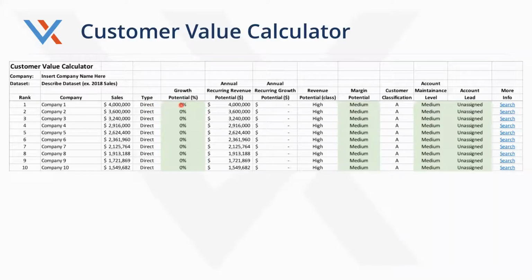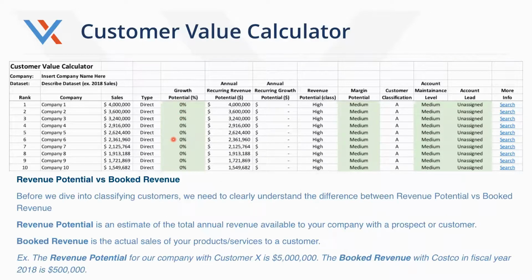And then this next column, so the columns that are in green are ones that we address. And this is one of the most important and sometimes the toughest to get after, this idea of growth potential. So a lot of companies view their customers essentially through the lens of what have we sold to them. So their most important customers are the ones that they sell the most to. When the reality is that way down their customer list, down at number 847, they may have a company that they've sold a little bit to that represents enormous growth potential for the business.